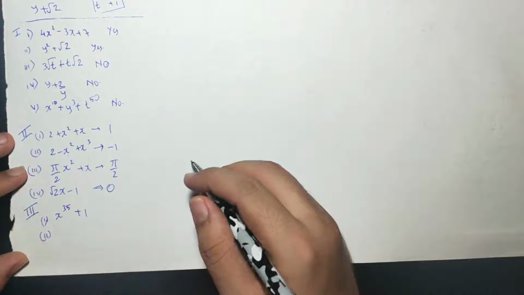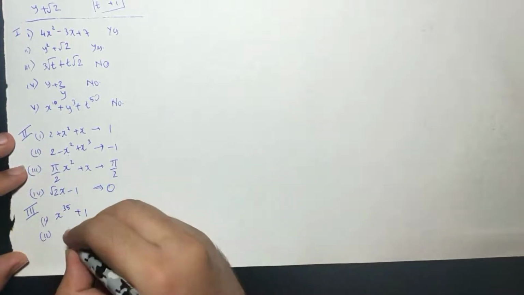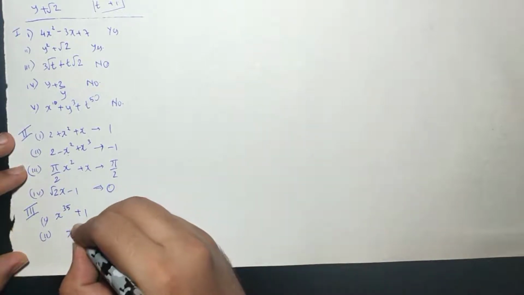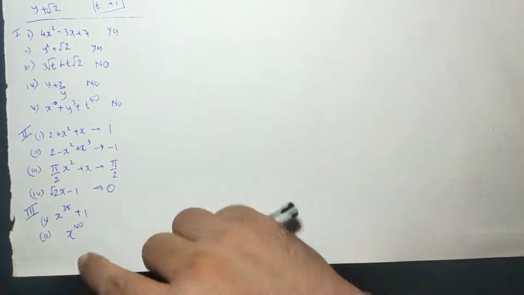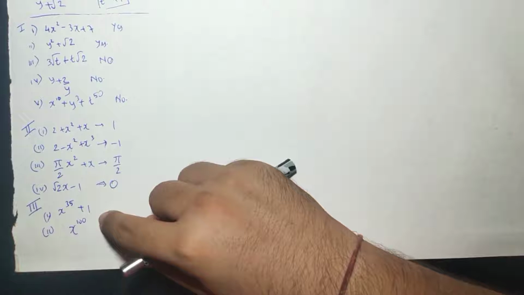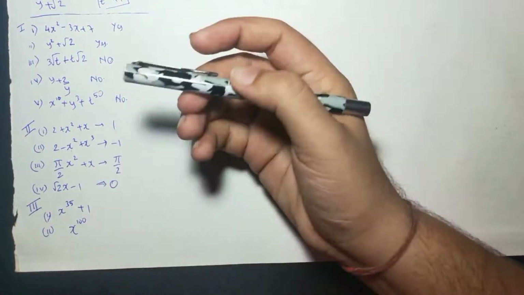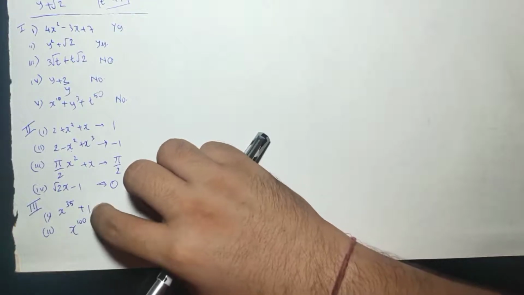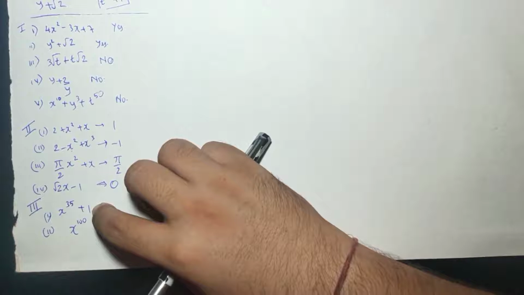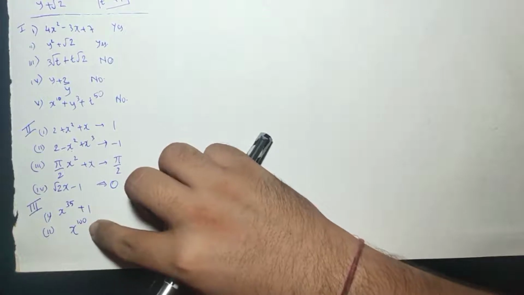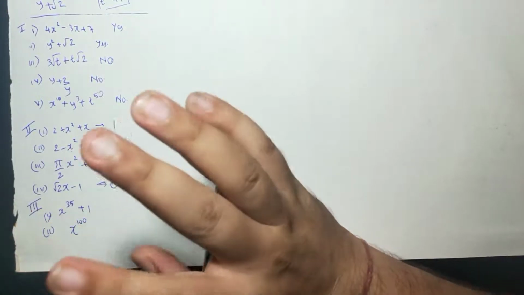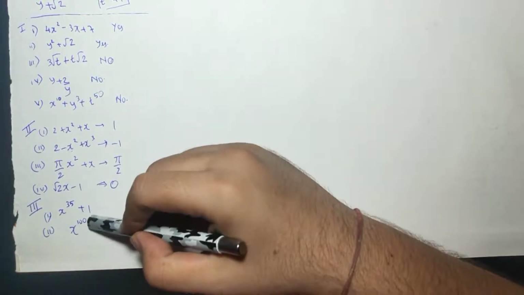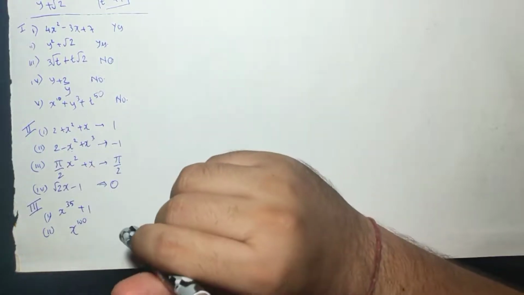Second is, you have to give a monomial of degree 100. Monomial means single term. So x raised to 100. See, the third question may have infinite answers. You know that you can write any two terms. Only the thing to be taken care of is that they should not be like terms. So this becomes your binomial with degree 35 and this becomes the monomial with degree 100. We can have infinite answers for this.